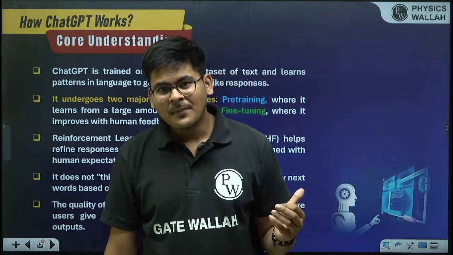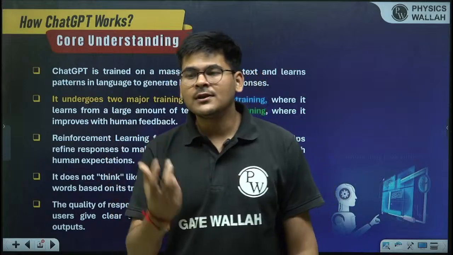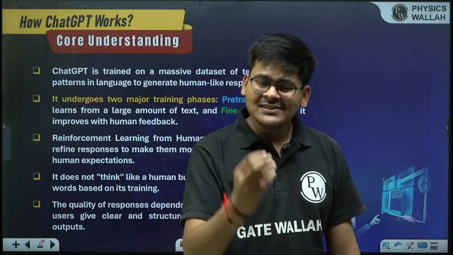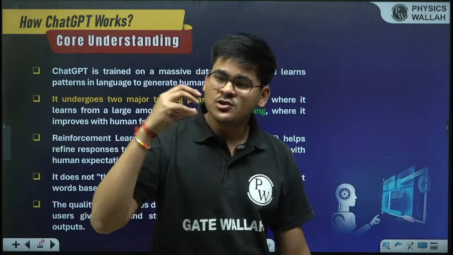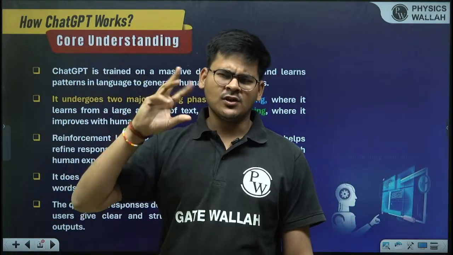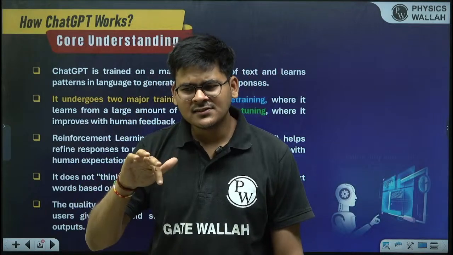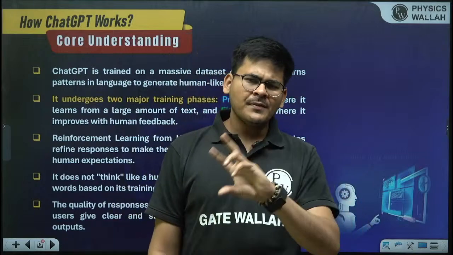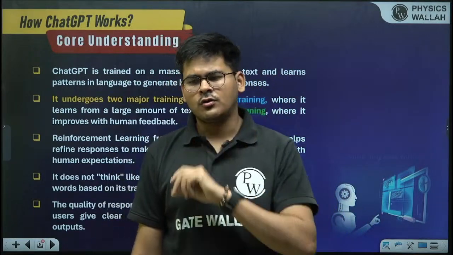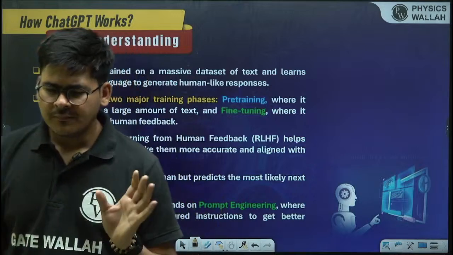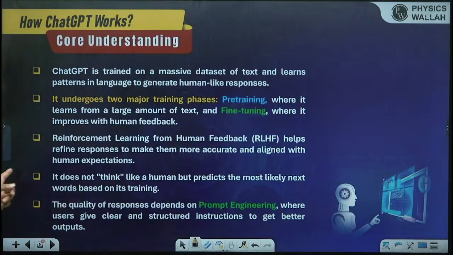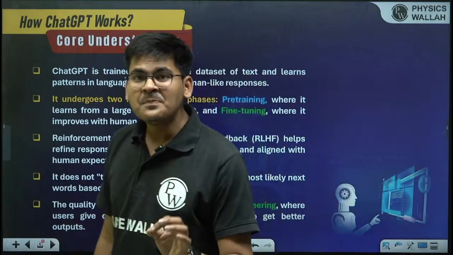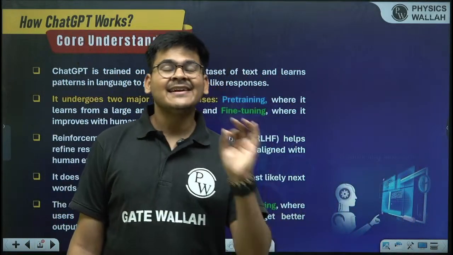Okay, so it can look at the past in the form of getting trained on past data. When you are training a machine on past data, it is the same as you going to your past and thinking, okay, I did like this and I was rewarded, but I did like this and I was not rewarded. So maybe I did the right thing, or I was wrong. Okay, such things. So it does not think like a human. Please understand, this line is the major difference between human and AI.